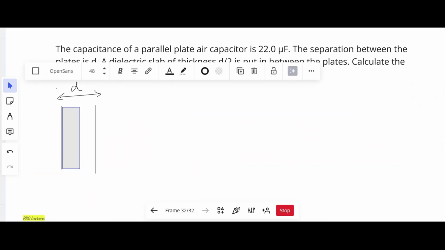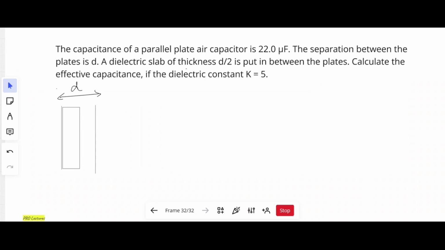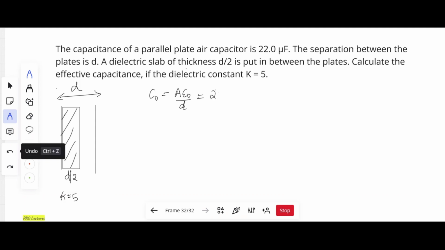So suppose here a dielectric slab of thickness d by 2 is put in. Calculate the effective capacitance if the dielectric constant K is equal to 5. So this is a dielectric slab of thickness d by 2, and the constant is K equal to 5. Now we are given the capacitance with air as the dielectric medium as C naught, which is equal to A epsilon naught by d, equal to 22